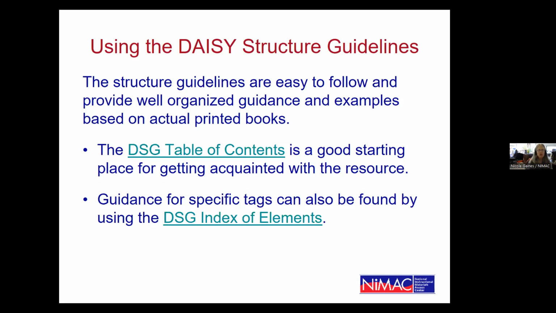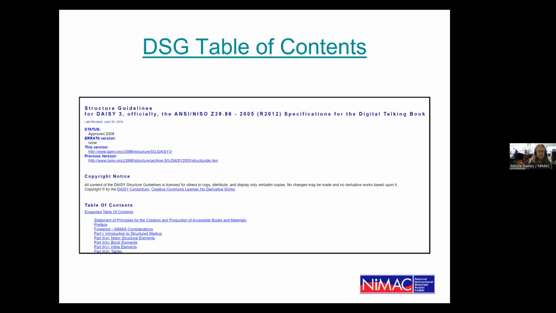So one of the ways that you can look for particular elements is the DAISY Structure Guidelines table of contents. And this is a good starting place if you are not really acquainted with the resource, to just kind of skim through. And you can also go, there's an index of elements, if you are concerned about a specific tag and using it correctly, you can really zero in by going to the index of elements. So this screen here is just a screenshot showing the table of contents,